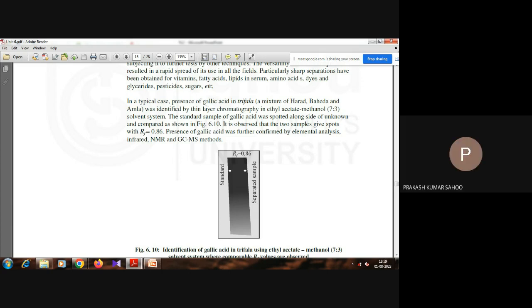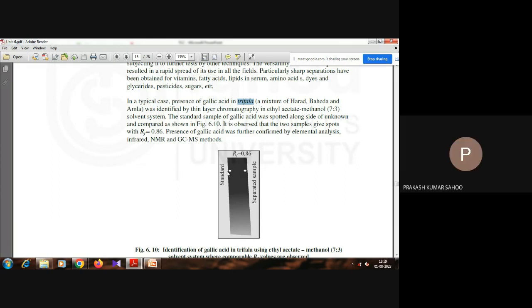So we have to test the presence of gallic acid in Trifala. So how to do this experiment? We have to make this sample with a suitable solvent, that is ethyl acetate and methanol, 7 is to 3 solvent system, and the standard gallic acid was spotted